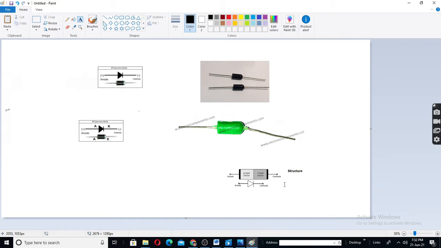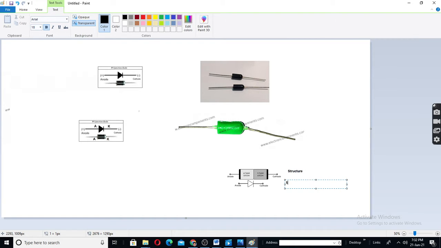This is the structure and this is the symbol, and this is the package. All these are the same. You can write package: BY127 or BY126 diode.